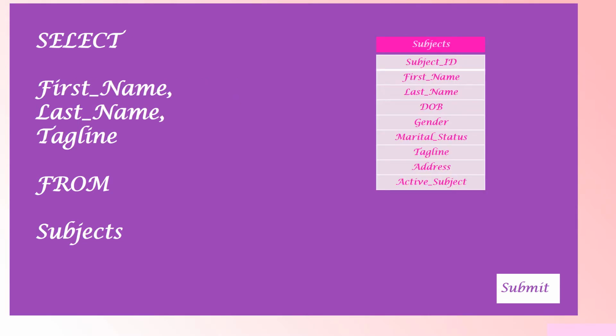So let's take a closer look at the SQL query. You would start with the word select, followed by the column names you want to bring back, followed by the word from, followed by the table name where the columns live. So let's pretend we wanted a report or a result set filled with subject's first name, last name, and their tagline. You could simply enter these words into the database. Select first name, comma, last name, comma, tagline, from, subjects. And then hit submit, and then